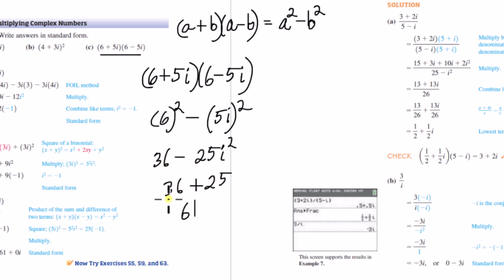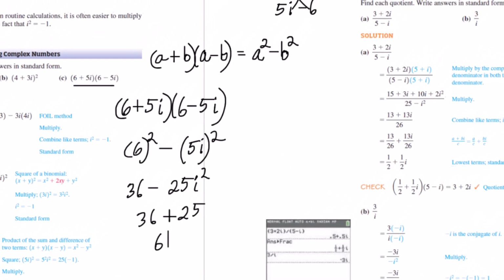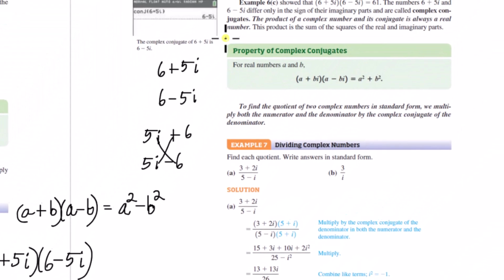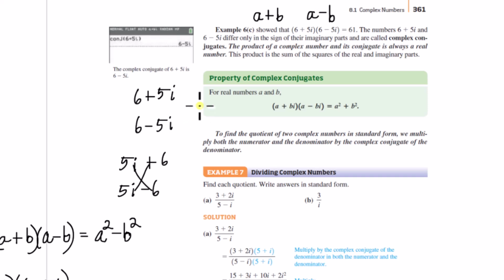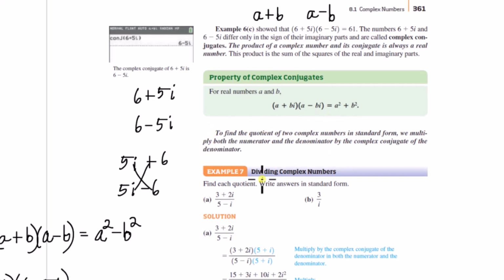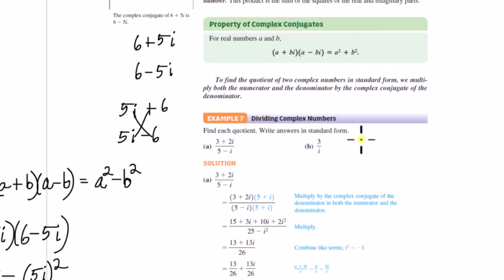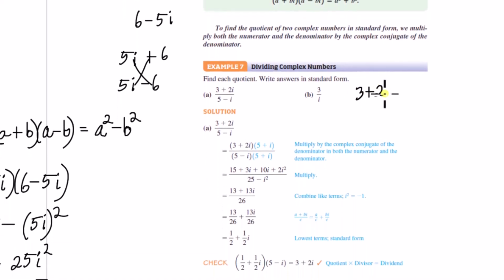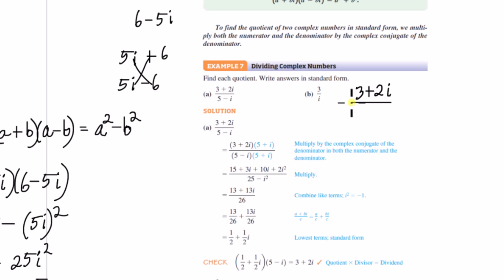The coefficient of the real part and the coefficient of the imaginary part, you take the sum of the squares of those two. Okay, and the reason they're presenting these complex conjugates right now is because we use complex conjugates to divide two complex numbers. So all you do is, let's say we want to divide 3 plus 2i by